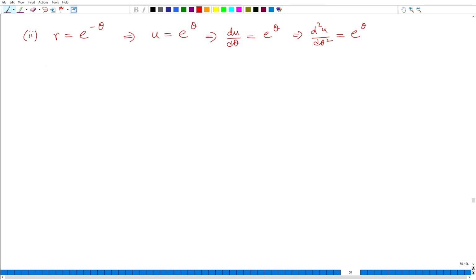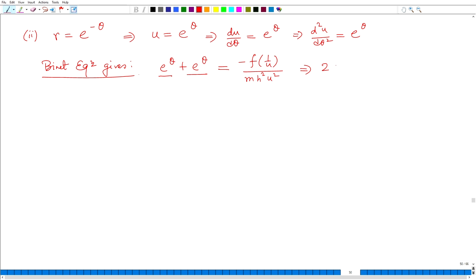So, if this is the case, the Binet equation gives e to the power theta plus e to the power theta is equal to minus f of 1 over u, divided by m h square u square. Now, what are these e to the power thetas? They are nothing but, so if I write 2 e to the power theta. Now, what is e to the power theta? This is u itself. So, I write like this, minus f of 1 by u over m h square u square,